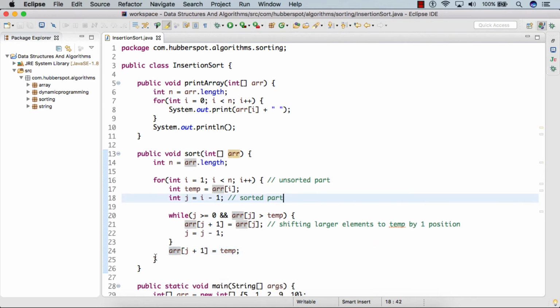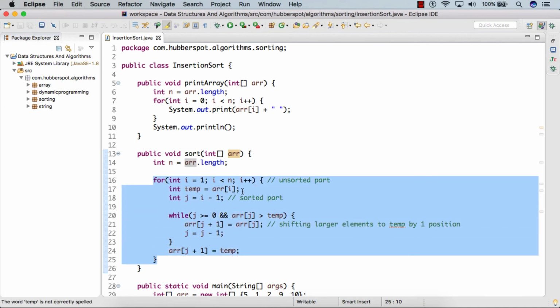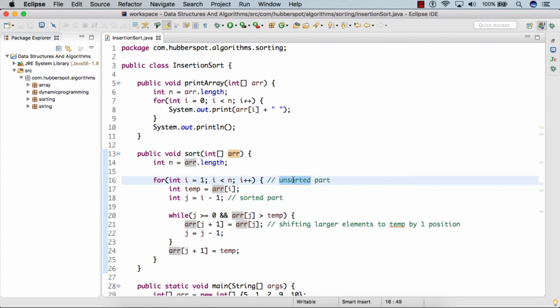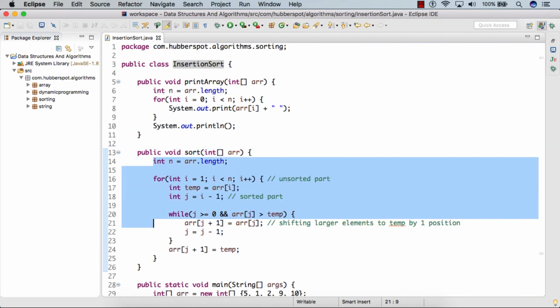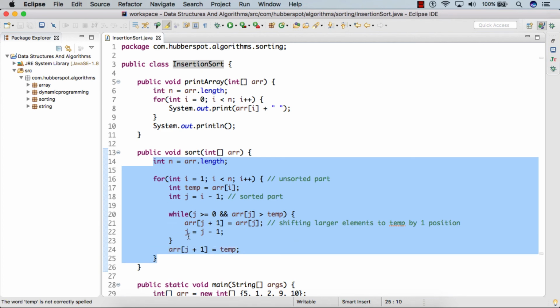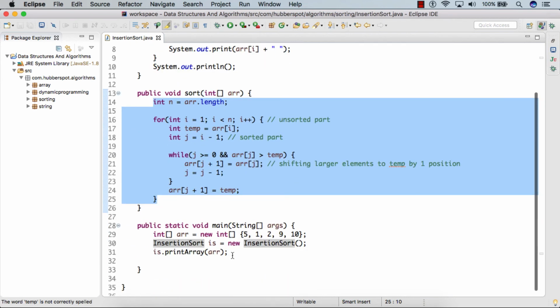So friend, after this for loop completes for one iteration, our sorted part increases by one value, and with each iteration the sorted part increases and the unsorted part decreases, and finally when this for loop exits, all the elements of the unsorted part now become part of the sorted part. So friend, this is the insertion sort algorithm. We discussed this algorithm in greater detail in our previous lecture, and in this lecture we have simply coded this algorithm. So now we'll test its working.